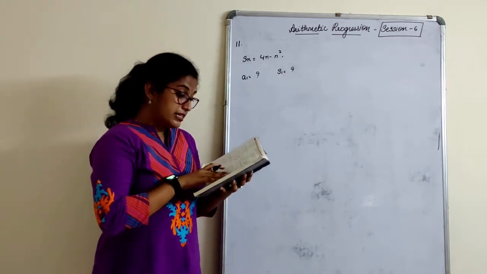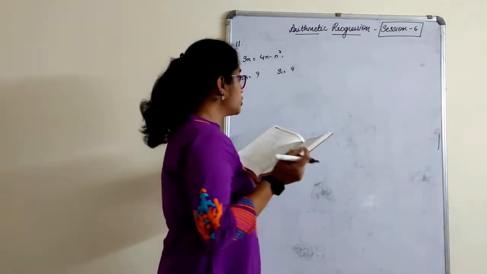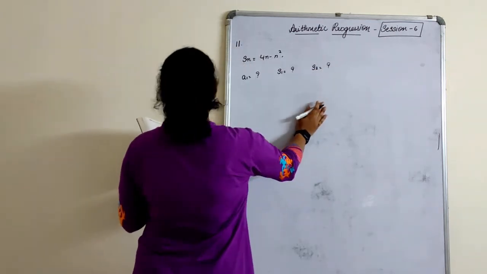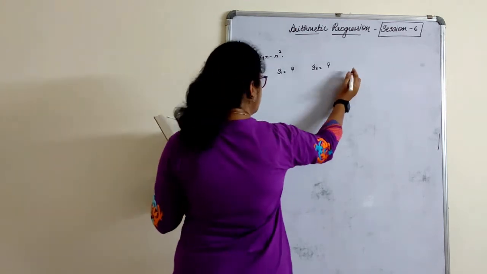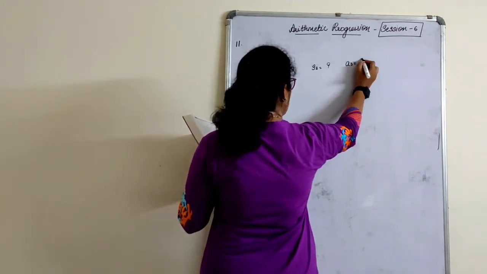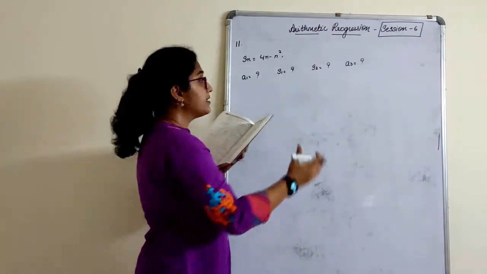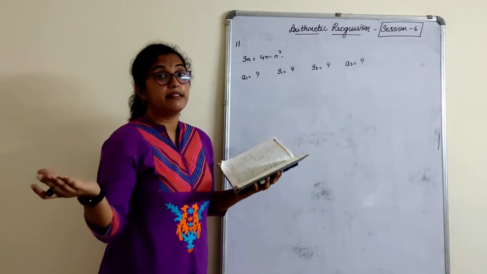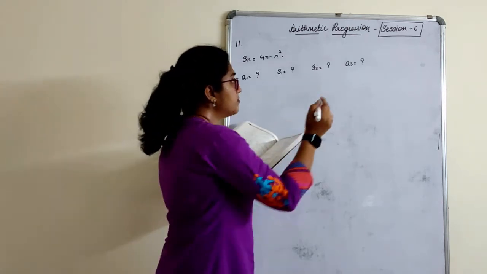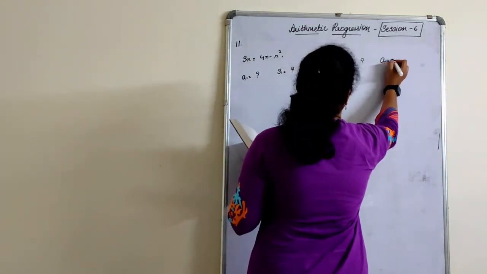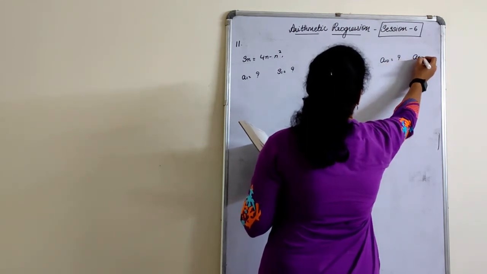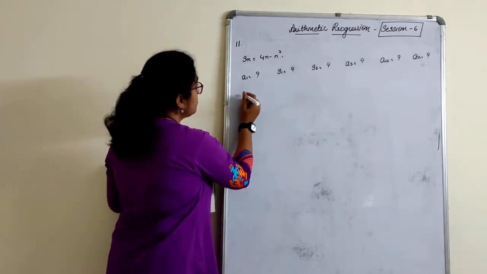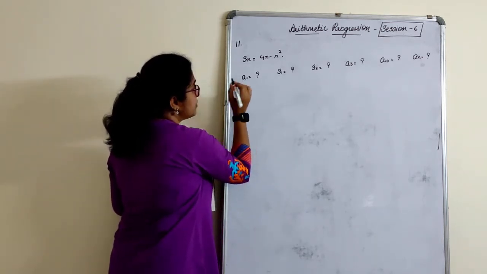Next, what is the sum of the first two terms? The sum of the first two terms is S2. Next, similarly, find the third term A3. Don't get confused. The whole is in S, and this is in A3, because they have not asked the sum to the third term, sum to the 10th term and all. They have only asked the third term, 10th term and nth term. Okay. Let's first start. We want to first find A1.